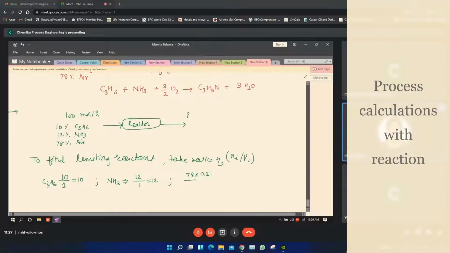Sir, this stoichiometric coefficient should be -1 here, because it is for the reactants. Here we do not consider -1 for the reactant, because since we are finding the limiting reactant, the stoichiometric coefficient for all the species will always be negative, so the ratio will be the same. But the quantities over here will be positive. We are talking about the quantity, and a quantity will never be negative.